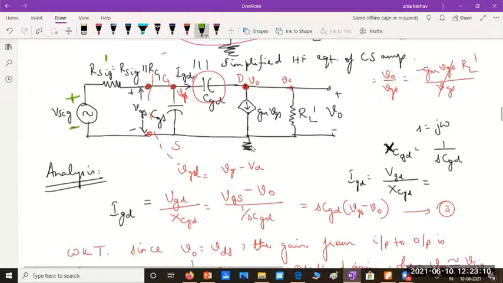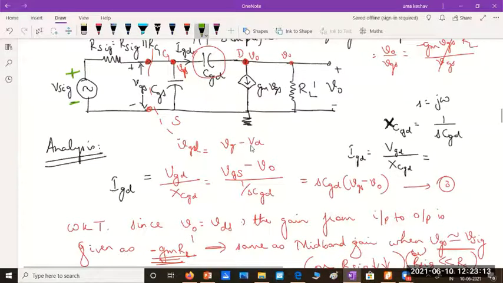Now we will try to analyze this. We were doing it in the last class. We said the current through this capacitance, which is connected between input and output, that is, gate is the input side, drain is the output. Whenever you have a component connected between input and output, first you have to find what its equivalent would be on the input side and on the output side. Usually this equivalent on the input side will have a significant value and not on the output side. We have something known as Miller's theorem to help us do this.